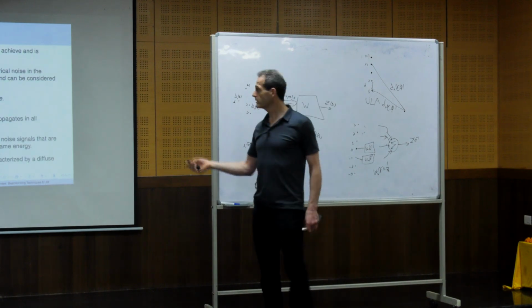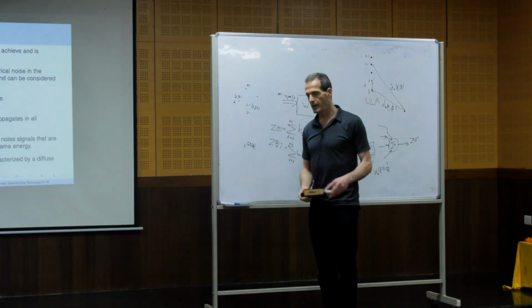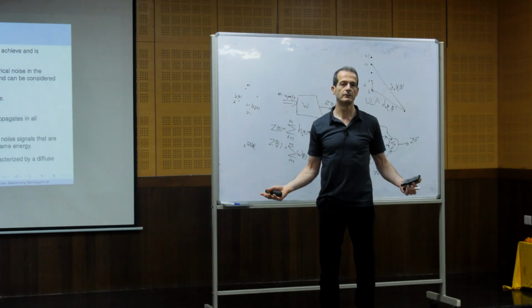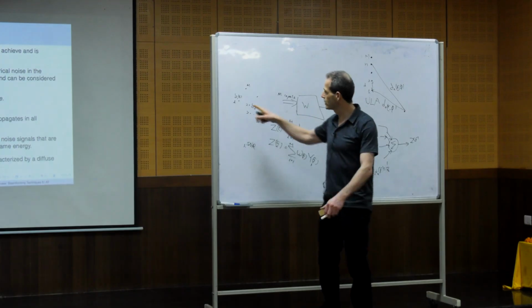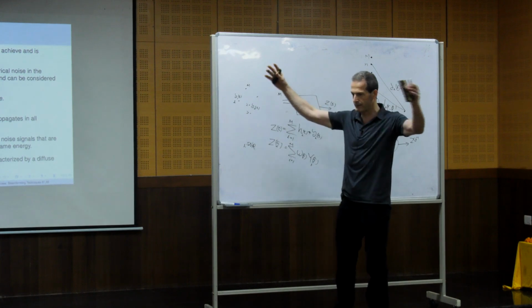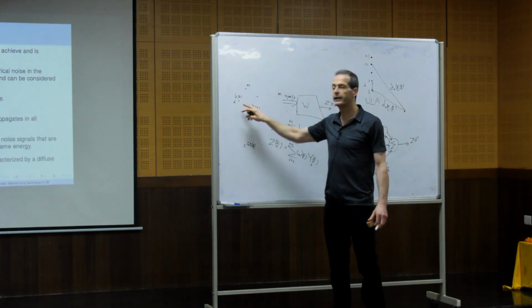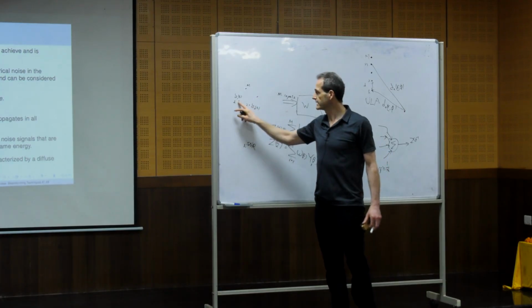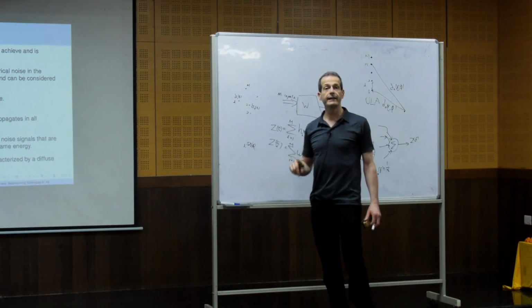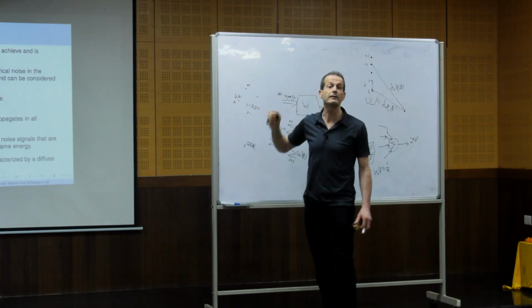Another noise type we talked about is the diffuse noise field. In a diffuse noise field, we assume that the noise comes from all directions with the same power. So what is the coherence between two sensors? If we have noise that comes from all directions with the same power, and you measure the coherence between the noise signals in any two sensors, it actually depends on the distance between the sensors and the frequency